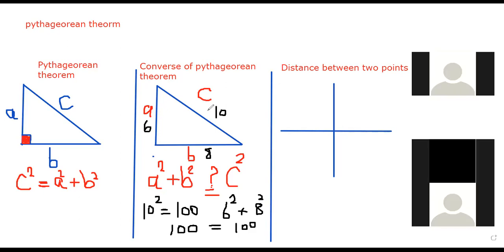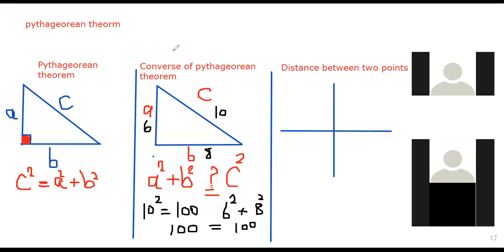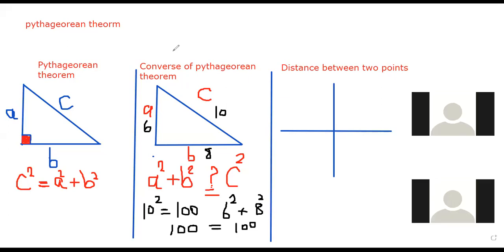The distance between 2 points. Yes, the distance between 2 points. Do we have a specific rule for the distance between 2 points? Yes, which is? Square root of x2 minus x1 to the power of 2. Exactly. So we have the square root